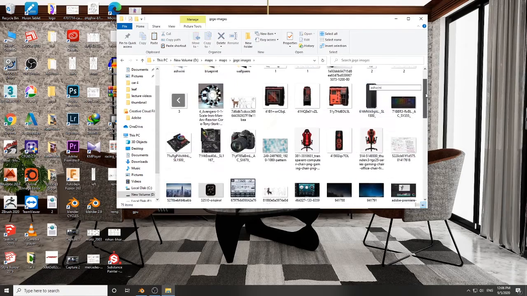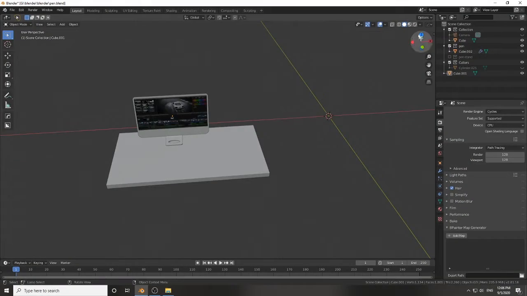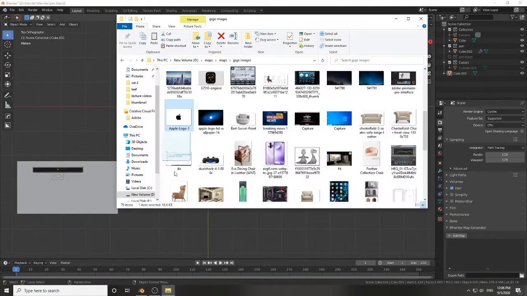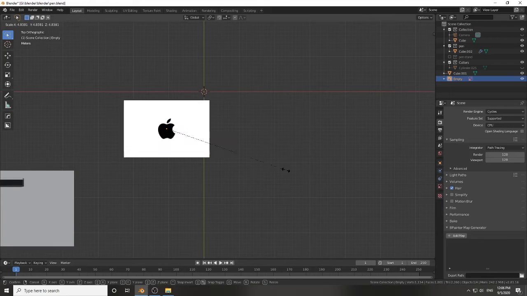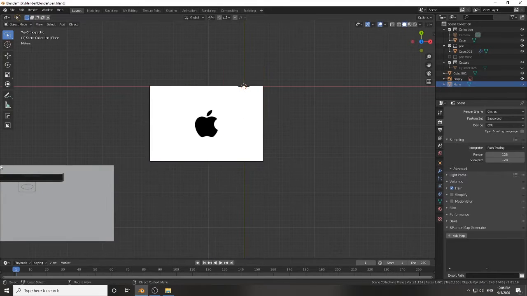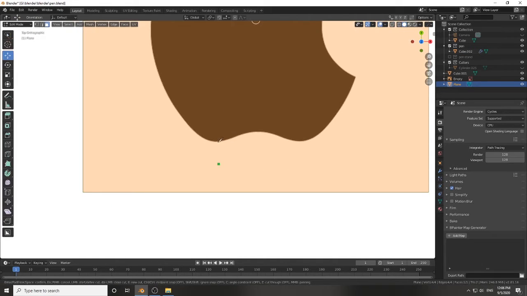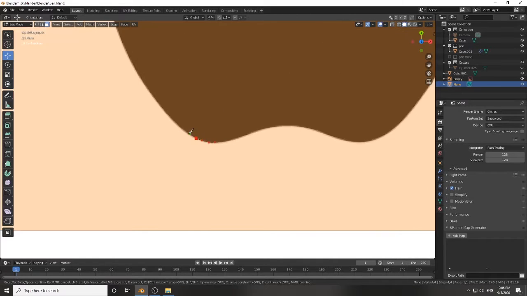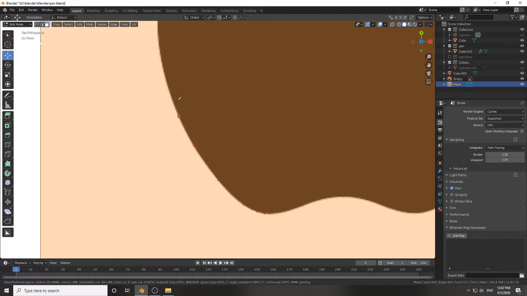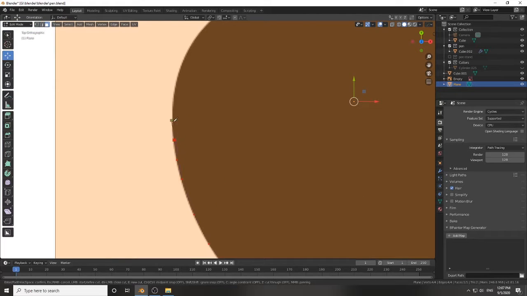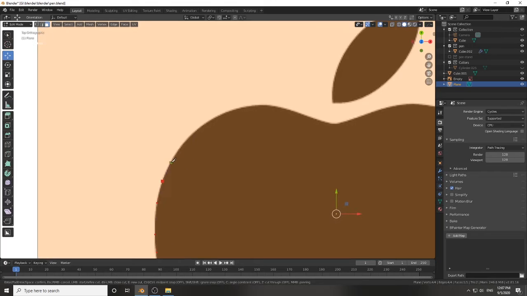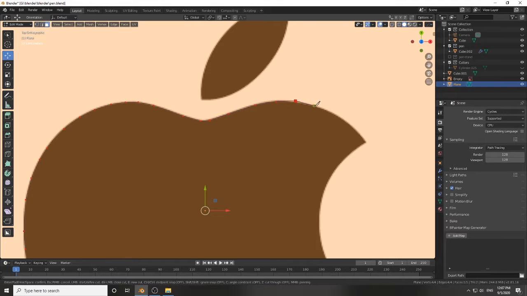Basically, the first step is to go to top view in Blender. You can press the X on the gizmo on the top right corner of the screen. Once you are in the top view, just drag the downloaded image into the Blender top view, and tada, you have successfully assigned the reference image in Blender.